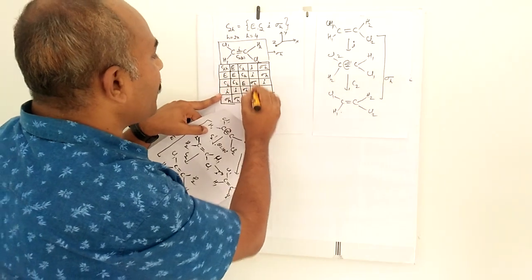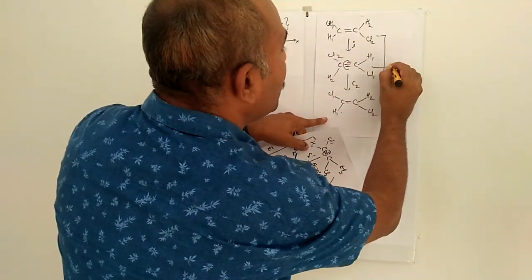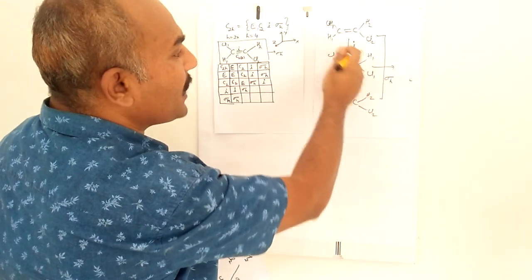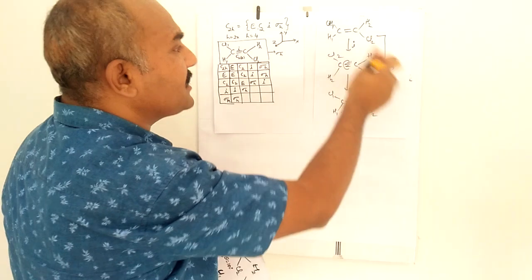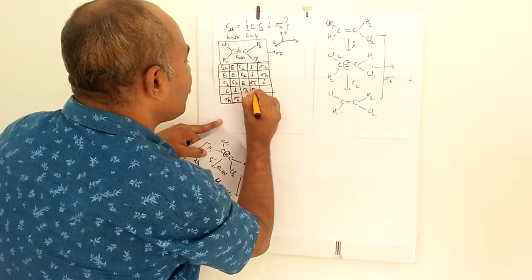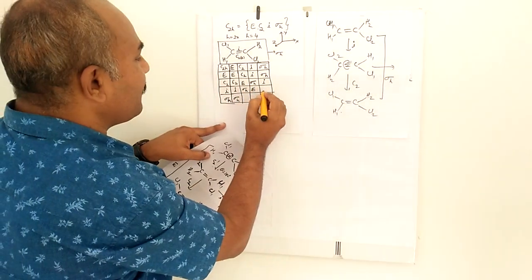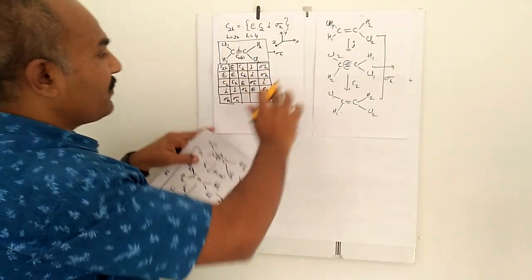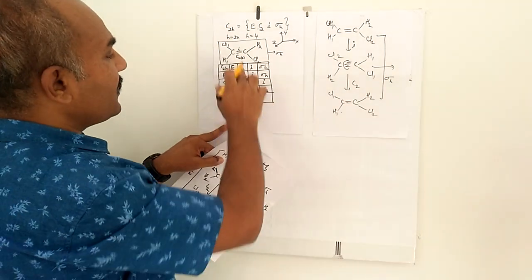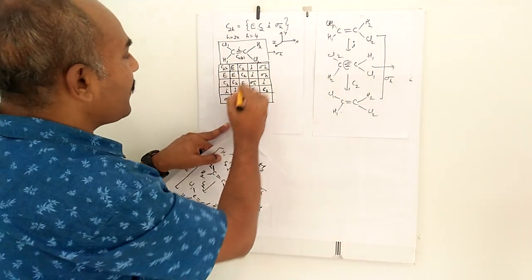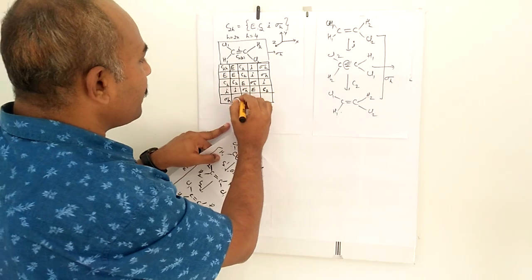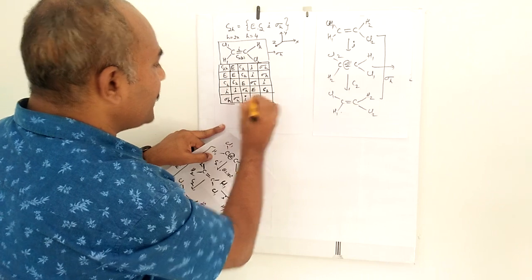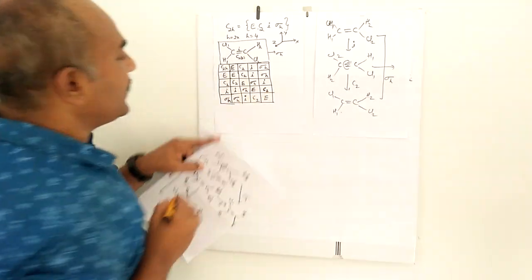So inversion center followed by inversion. Taking the inversion two times directly gives the identity element, because taking inversion two times gives the configuration which is the same as the original. The answer here is E. The one element left here is C2. i followed by sigma h gives C2. So if these elements are filled, it is very easy to fill up the last row, because one element is left in the second column, which is the inversion center. The element left here is C2 and the element left here is E, identity.